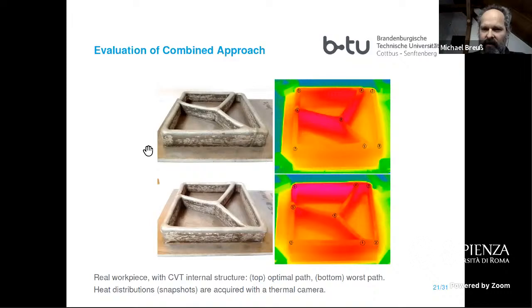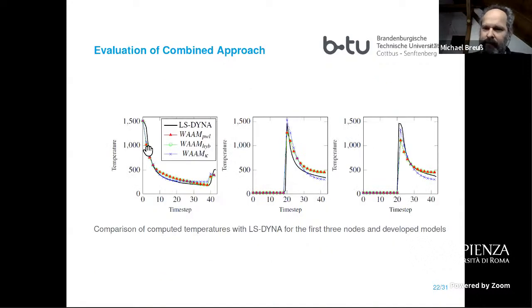So we printed this, and on the right-hand side, you will get optimal results from an optimal path on the top, and a not so optimal path on the bottom. You remember that the objective was to minimize the temperature gradient. So on top, we have a good result, because when you look somewhat more closely, you see that the temperature distribution is relatively uniform. At least I can see it on my screen. The numbers here are just evaluation points.